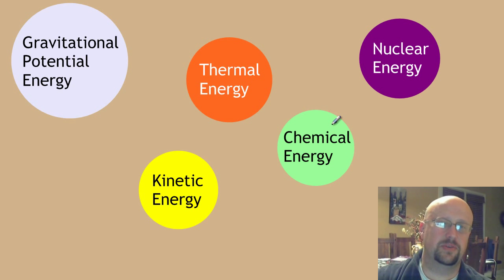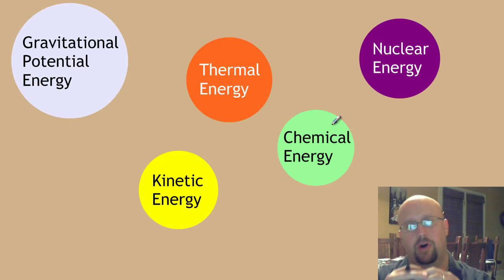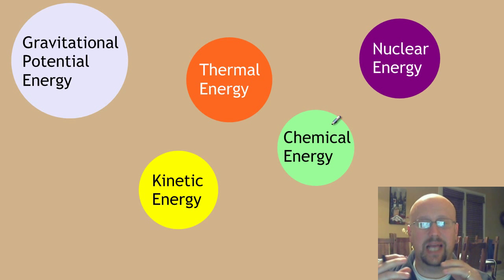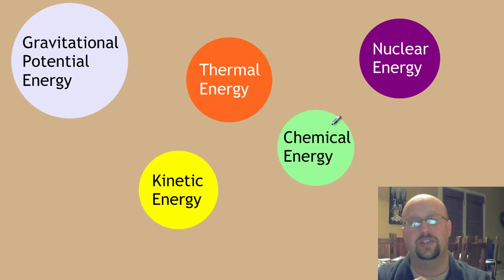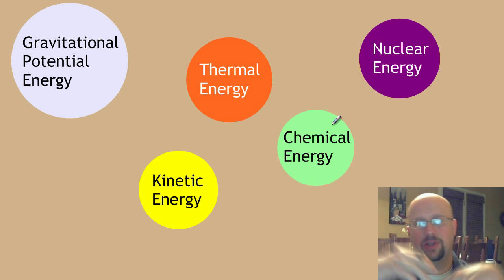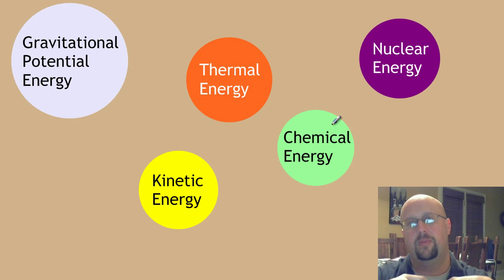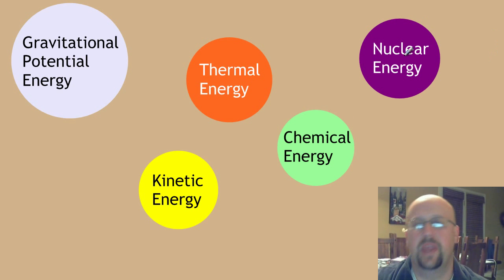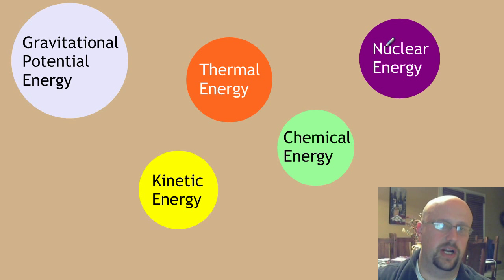Chemical energy, sometimes called chemical potential energy, is the energy that's actually stored in the bonds between the atoms in our molecules. Obviously that's going to be super important to us because we're doing chemistry, and a lot of what we're going to be concerned with is what's the energy in the bonds, how much is going to be released if we break those bonds, or, if we reform the bonds, what happens to all of that energy. And of course, we've got stuff like nuclear energy as well.